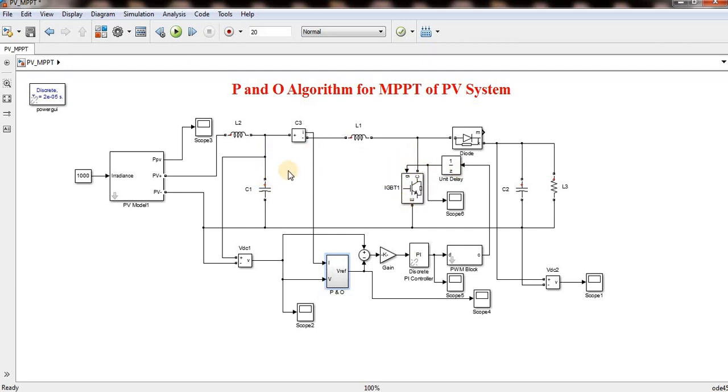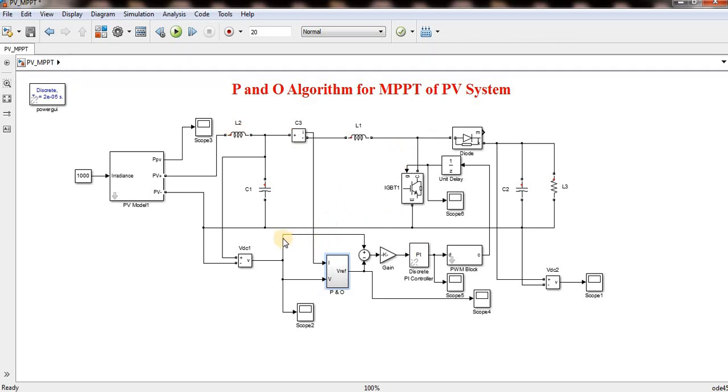If it is switched on, more current will flow, then voltage will reduce. So inversely, let us see carefully. If my voltage is more, because let us assume my V reference is 500, but I am getting 550, so I have to reduce my voltage from 550 to 500. Voltage can be reduced if more current is flowing. More current will flow if the switch is on, if it is directly short circuit.